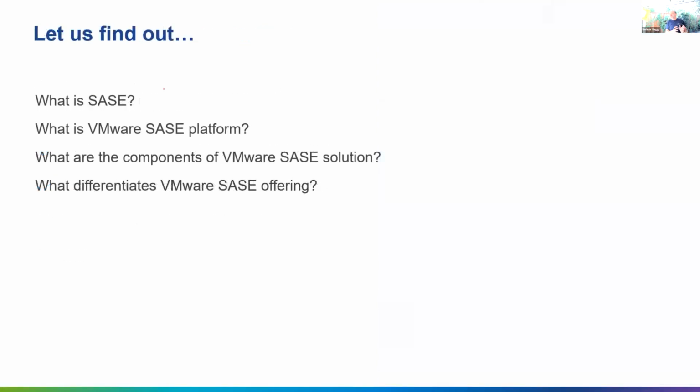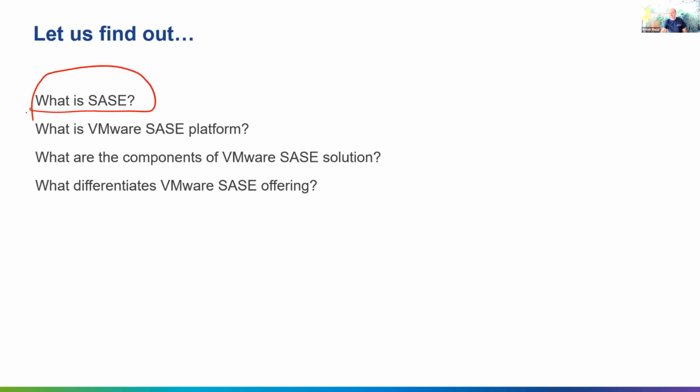Now that we understand the problem statement, remember again: apps are moving to the cloud, apps are everywhere, and they are also on-prem. There are user devices, bring your own device. Users are working from everywhere or from anywhere. At the same time, the security perimeter has dissolved and security threats have increased. So that's where we are going to talk about what SASE is, how it relates, what the architecture for VMware SASE is, and what the VMware SASE definition of it is.